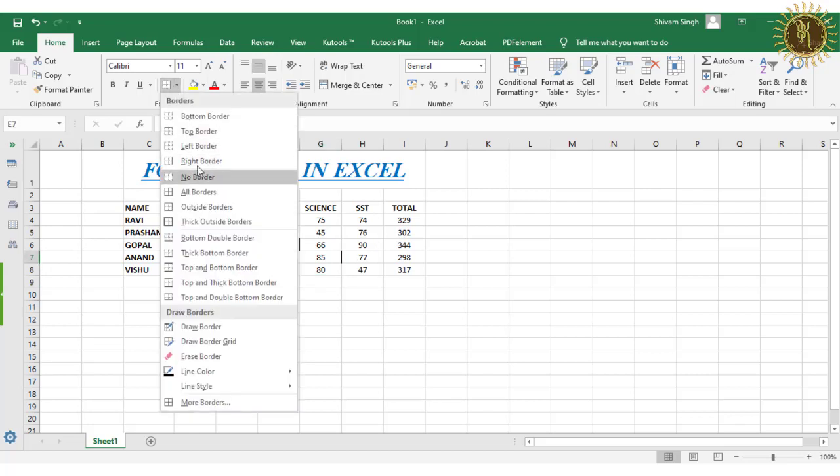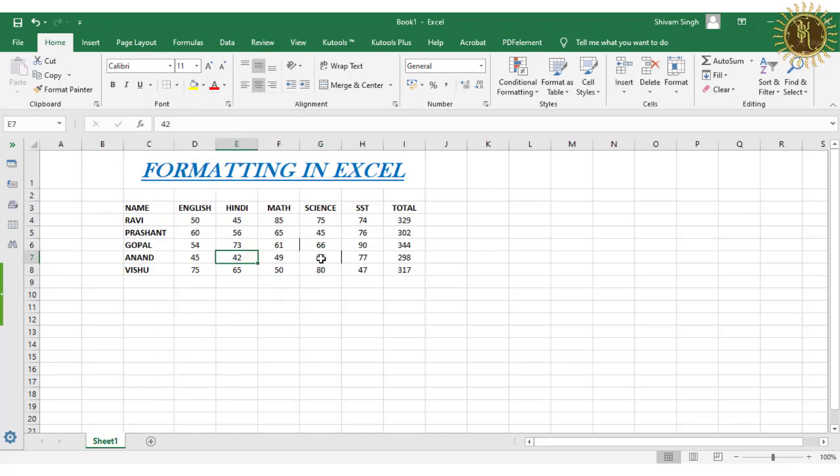After that, when you select this and click on no borders, the borders will be removed.